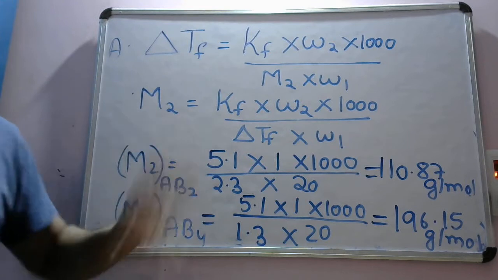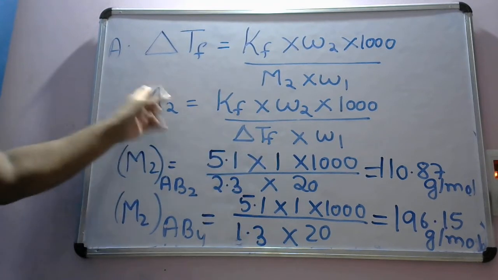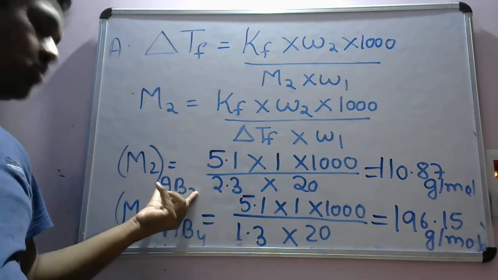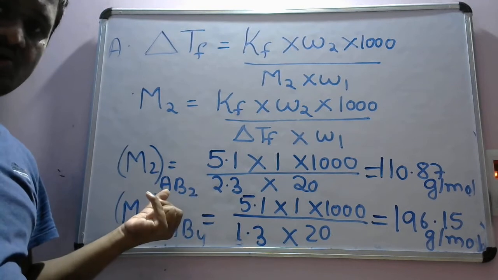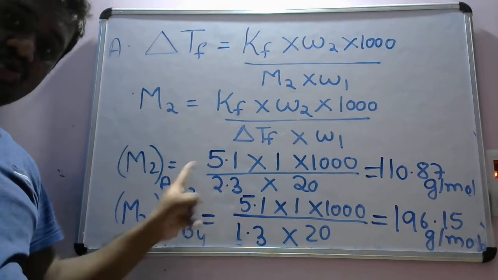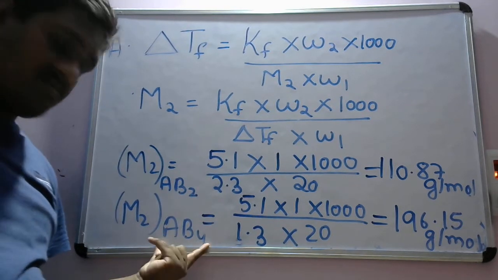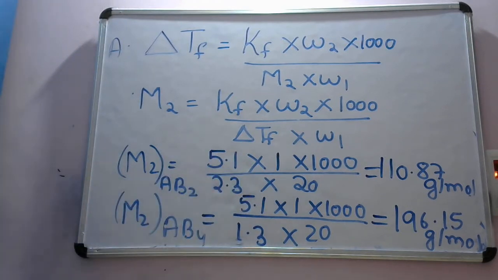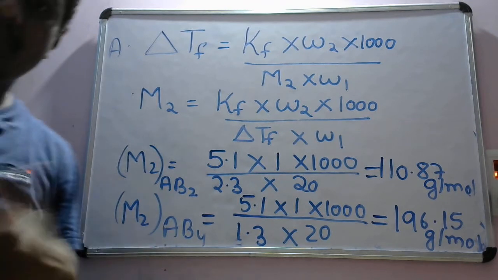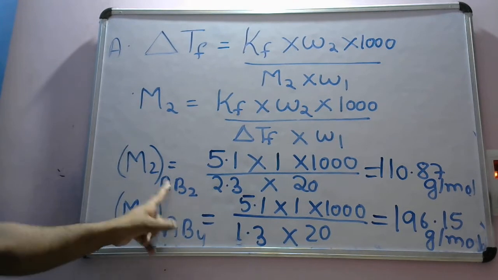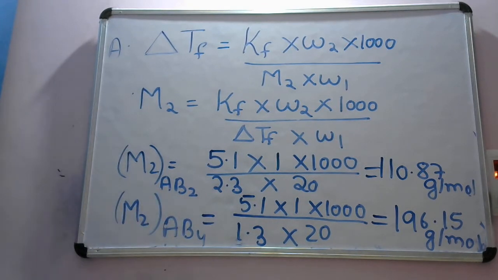You can observe from the formula also. Even if one quantity is different, the molar mass will be different. The molecular formula is AB2, so if you calculate the molar mass, it is the atomic mass of A plus 2 into the atomic mass of B. Whereas for the molar mass of AB4, it is the atomic mass of A plus 4 into the atomic mass of B. So obviously the molar masses of AB2 and AB4 will be different because of the difference in molecular formula. Now you complete this, then we will go for the next step.